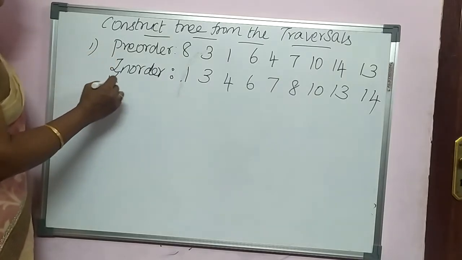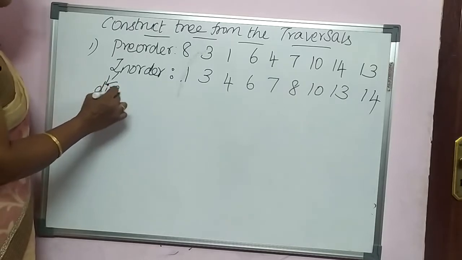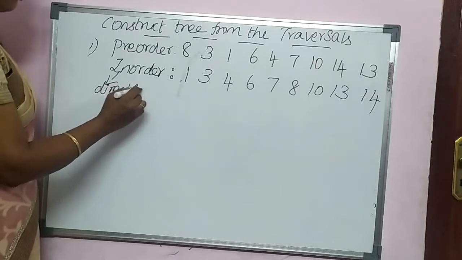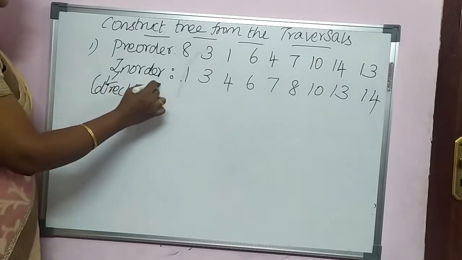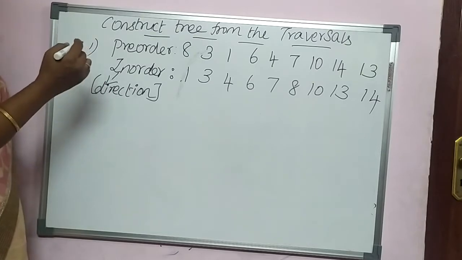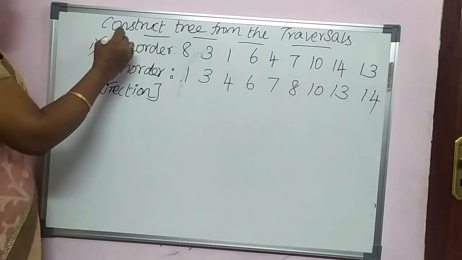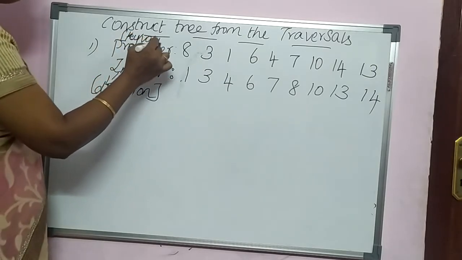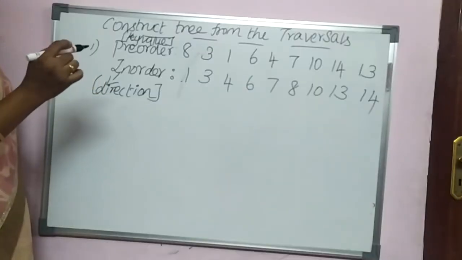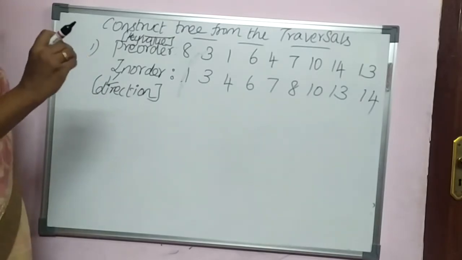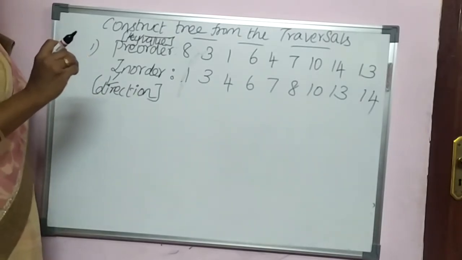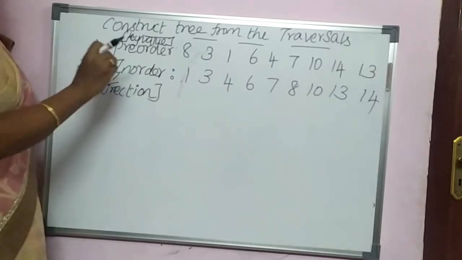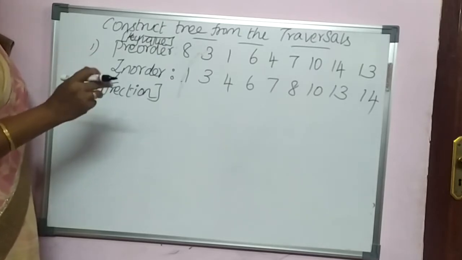With in-order, it always tells you the direction, whether to place an element on the left side or the right side. That's what your in-order denotes. And if you take the pre-order or post-order, whichever other order is given, it tells you which key or which element I want to place in the left direction or the right direction. So this acts as a simple hint. From in-order I get the direction, and from pre-order or post-order we take the element. Once we know this hint, wisely we can construct the tree.